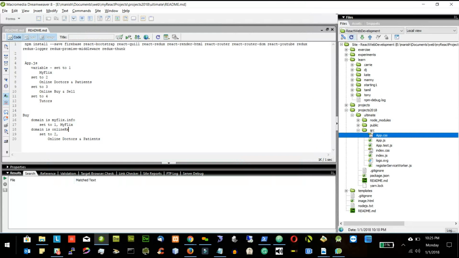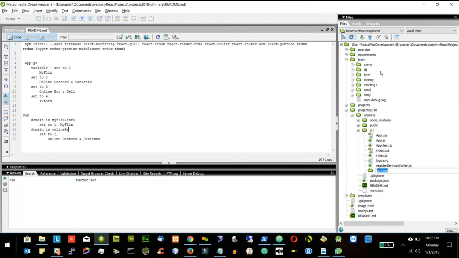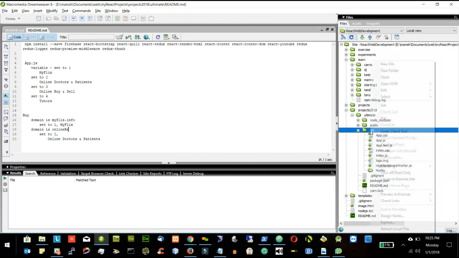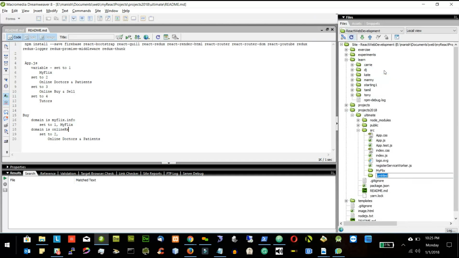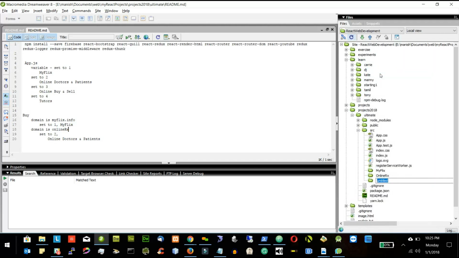So here I will build the folders, different folders. For example, one folder will be myflix. So all the files related to myflix will go here. I will create a new folder called online rx. So all that online treatment will go inside this folder. I'll create a new folder. It can be called buy sell,